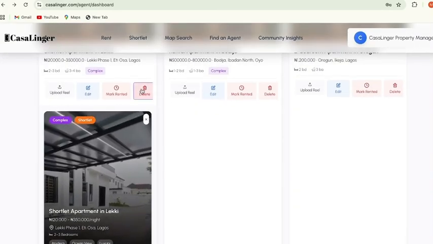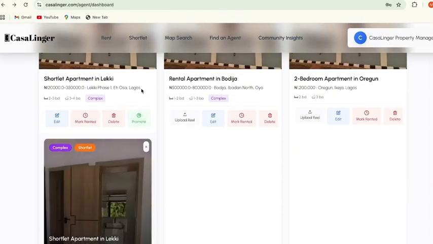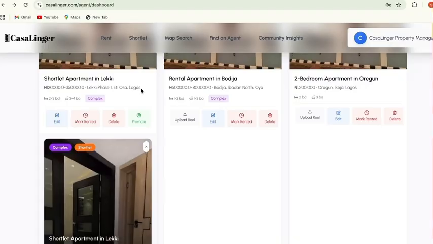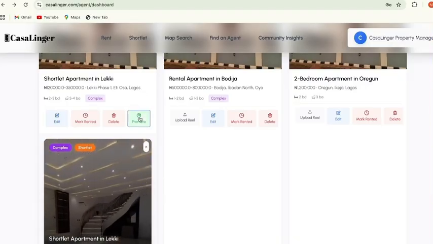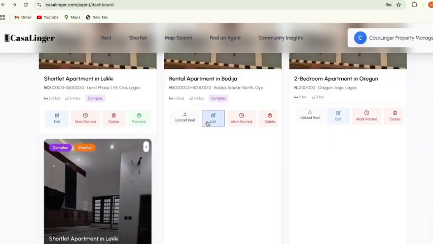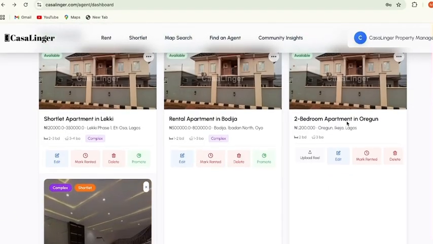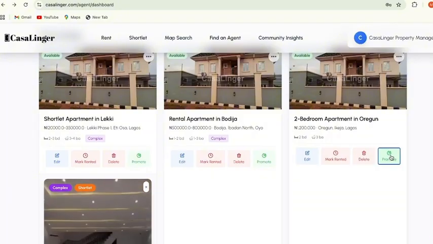So for the promotion, like I was saying, you can only post 1 reel, 1 promotion. You can only promote 1 property in 7 days, and you can only post 3 in 30 days. So for instance, let's say we want to promote this property. It is not a very difficult task. You tap on it,